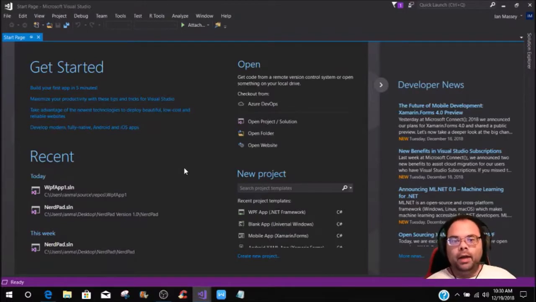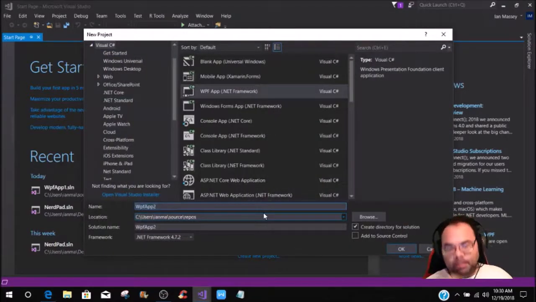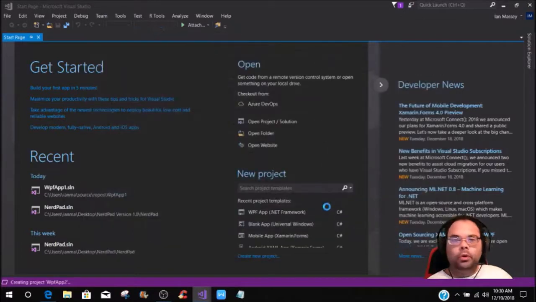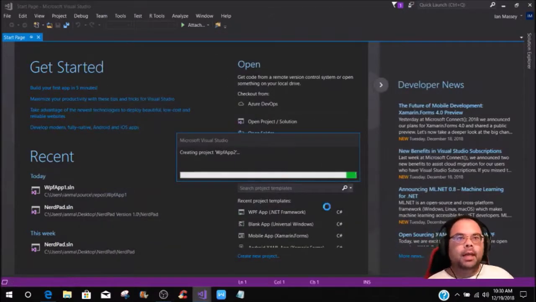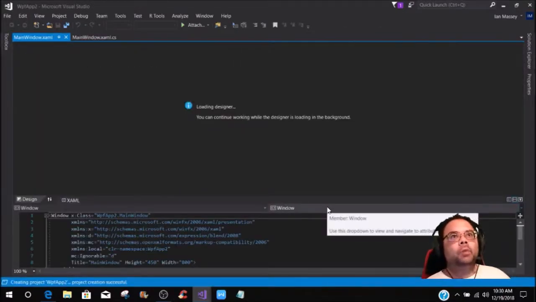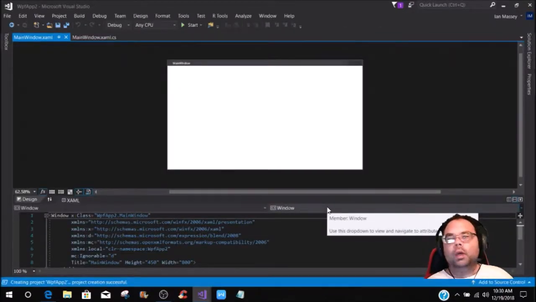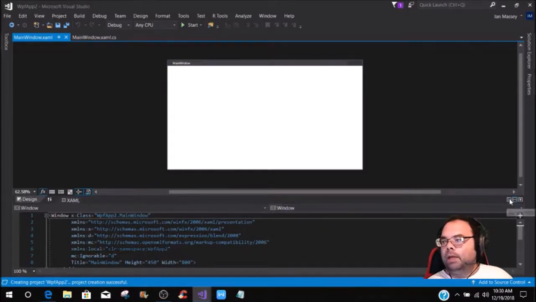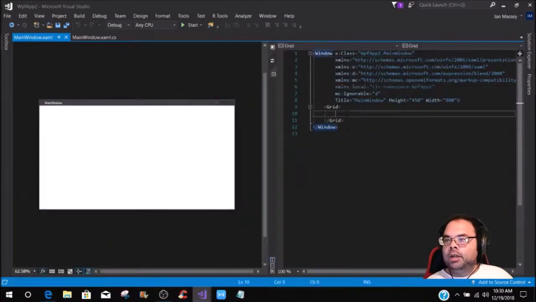So, without any further ado, we are going to create a WPF application. This works in WinForms as well, so whatever you are using, WPF or WinForms, you can use this. Now, this is not going to be MVVM, and I'm going to do a tutorial later on about MVVM. MVVM helps your code be more organized, as far as bindable objects and everything. So we're just going to do a basic